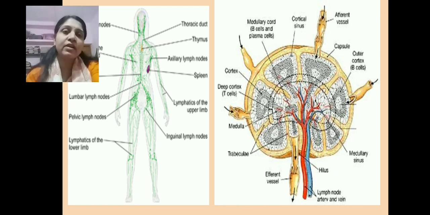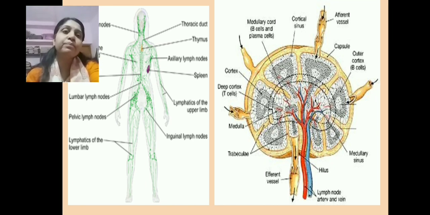Within that germinal center, the actively growing B cells are present, which are responsible for forming or secreting the different types of antibodies. Now these germinal centers, or these types of cells, are nothing but the activated B cells. These are activated B cells.